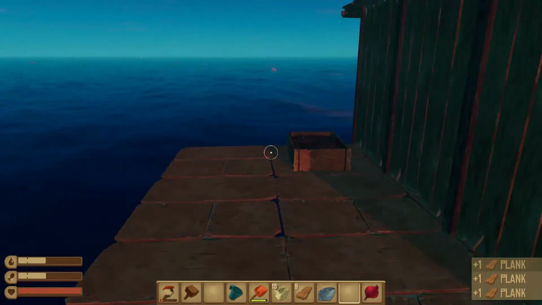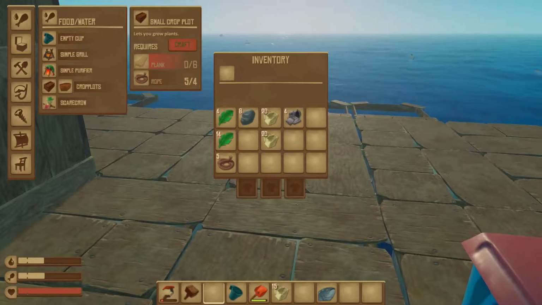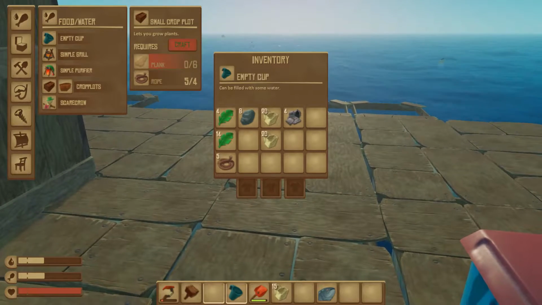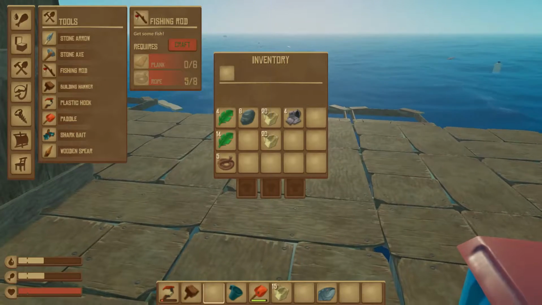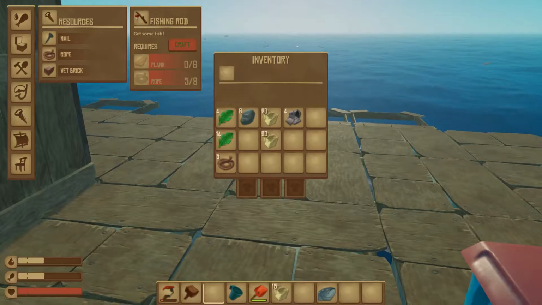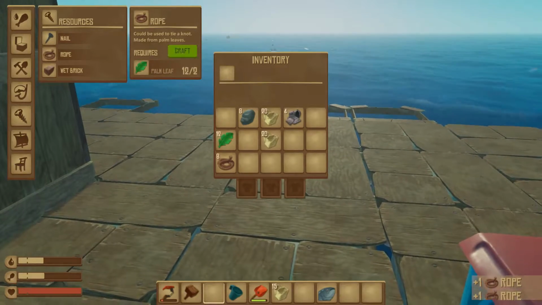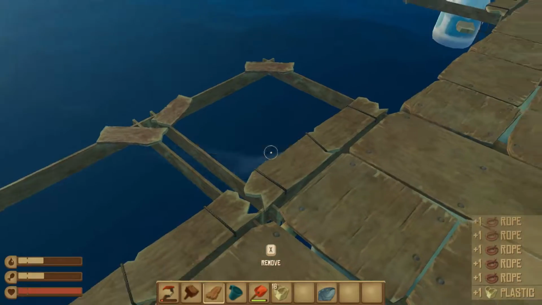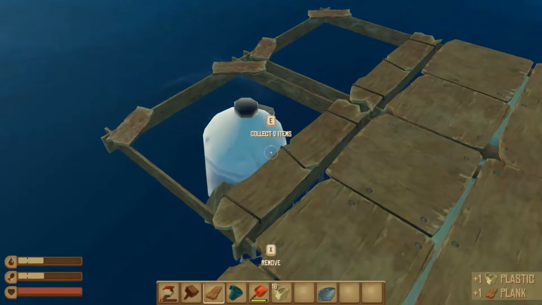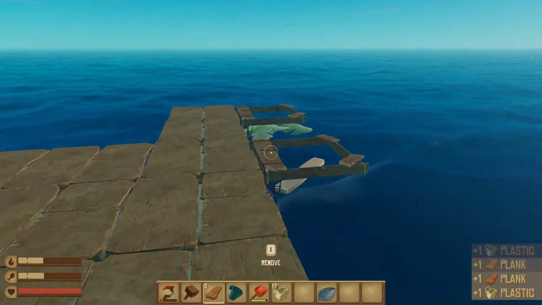But I think it's coming on quite nicely. I somehow lost my fishing rod. Did I chuck that away by accident? Hey, mackerel! Got some mackerel. 6 planks and 5 ropes, so I need another rope. So also keep making ropes. Apparently you always need ropes. That's the main thing I find that's quite awkward is ropes. You forever need some, but